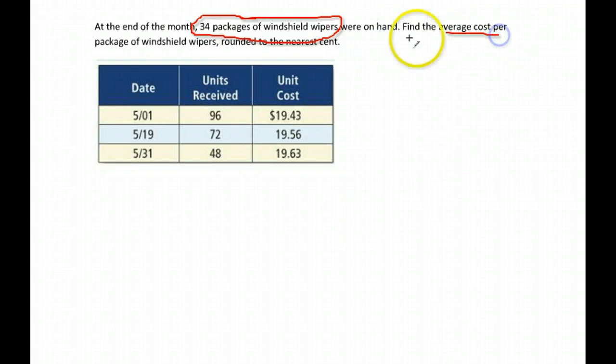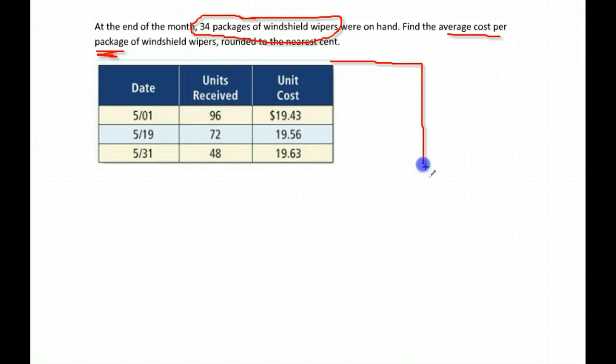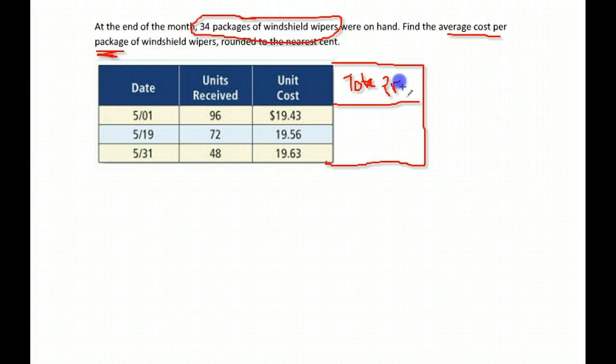So here we don't have to find our full inventory. We just have to find the average cost per package. Remember, to do that we have to have the total amount we've spent and the total number of items we've received. So again, we have to do a little extra work here because they didn't tell us the cost of each order. They just told us how many we ordered and how many each unit, each set of windshield wipers costs. So we have to go through here, multiply